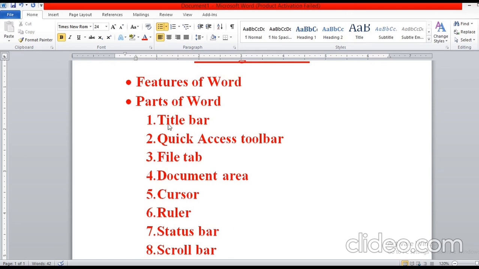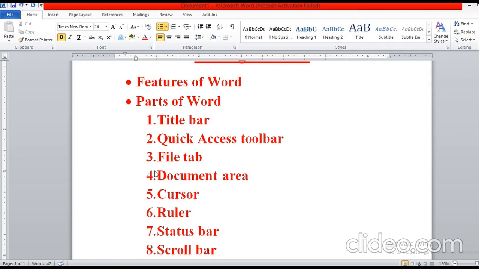Now the next component, or part, of Word is the file tab. It displays the menu for file related actions. Whatever action we want to perform on our document, like if you want to save, open, print your file or create a new document, all the options are present in the file tab.